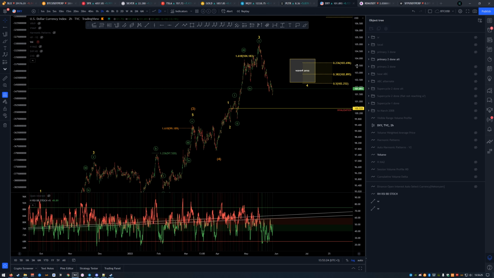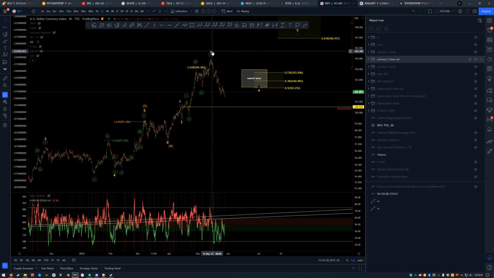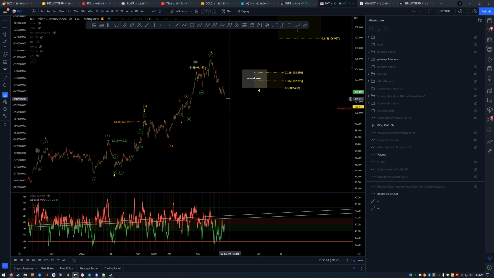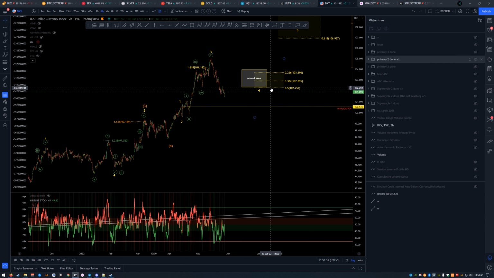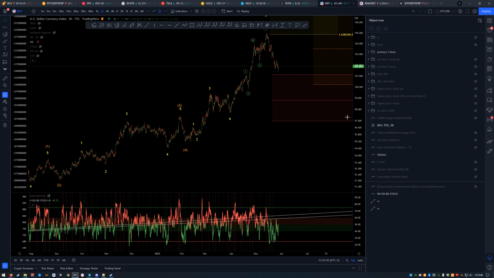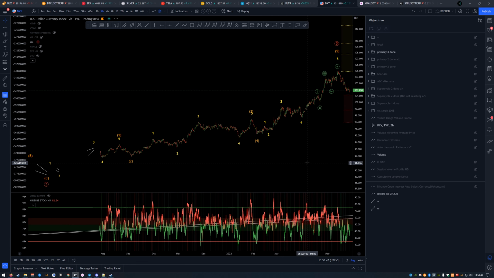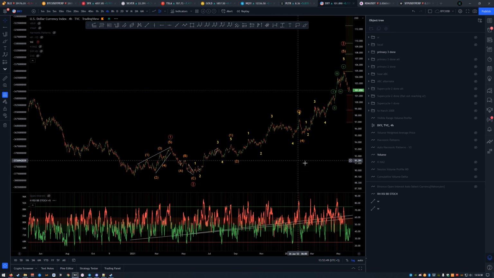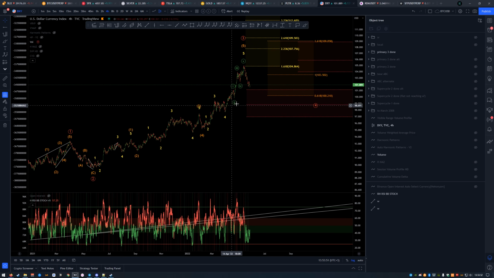Other option was that we had a wave 3 of minor ending here, looking for wave 4. Same with that one, we have already gone past the 0.5 retracement of this third wave, which makes this less likely. It is not again invalid, but there you go. Now I had another thing created just in case we get through those invalidation levels.